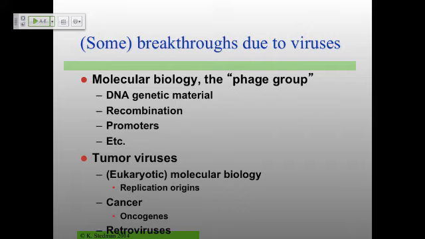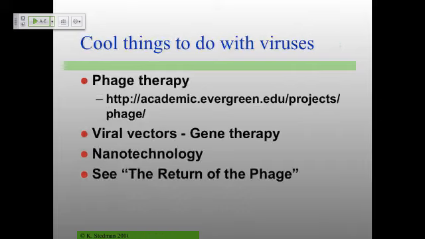And then, of course, retroviruses in terms of first things like HIV, etc. It turns out that a lot of the tumor viruses were retroviruses. So that's why people had already been studying these viruses before HIV came along, or at least before we recognized that HIV was present. There are also some really cool applications of viruses. One of my colleagues up at Evergreen in Washington has been one of the pioneers in something called phage therapy. Have you guys heard about it?